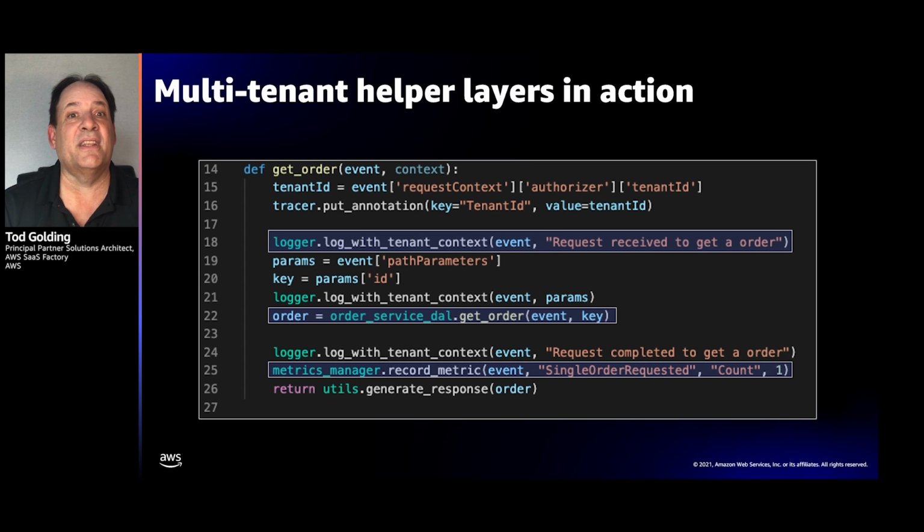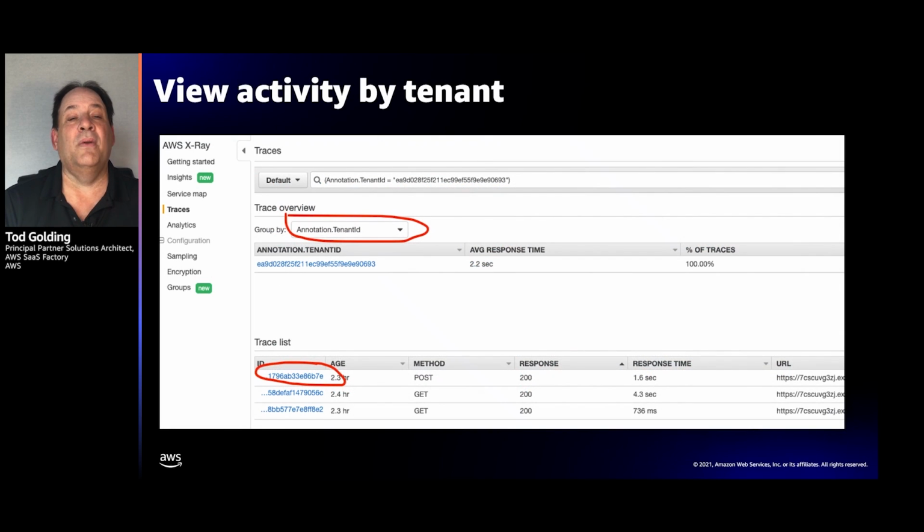The whole idea is, when you look at this code, there's not all kinds of crazy multi-tenant activity or policies in here managing this. Obviously, we did a little bit of work to record these and land them inside different mechanisms in AWS. So for now, in the simpler version of this, you can go over to X-Ray and filter by an annotation that's here. This is where you can see the activity going on in the application. This is a really lightweight example of what you can do. We really want to encourage people to build rich dashboards that surface this log and metric data.